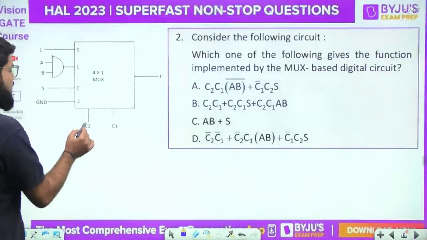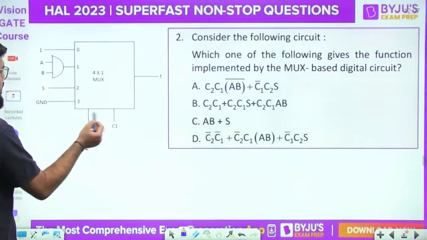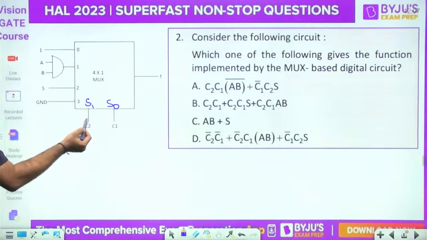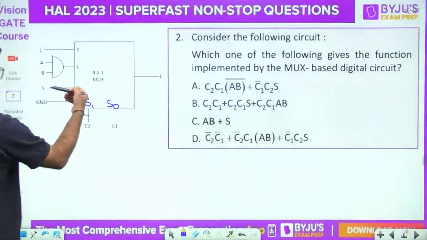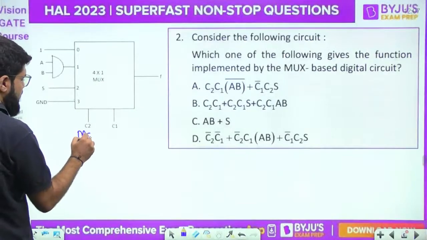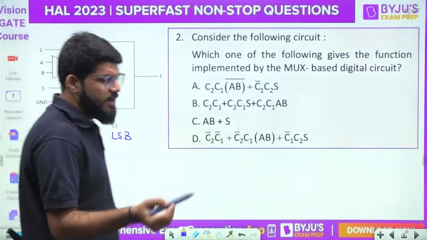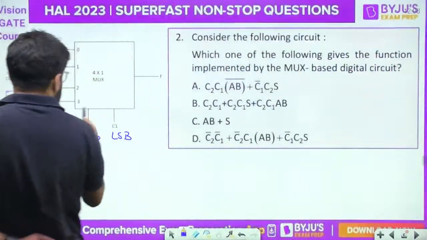Okay, so what it is? Now select lines are C2, C1. If they are 0, C2, C1, we can assume it to be S1, S0. Of course, we'll assume C2 to be MSB undoubtedly, because MSB bit position should be higher as compared to the LSB. Okay, so at 0, 0,